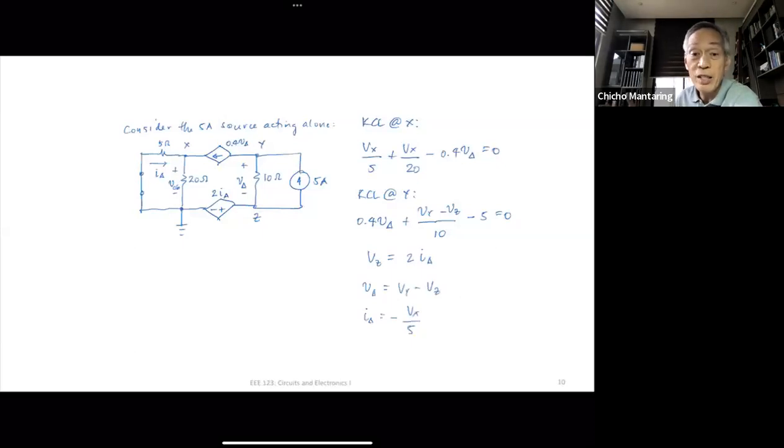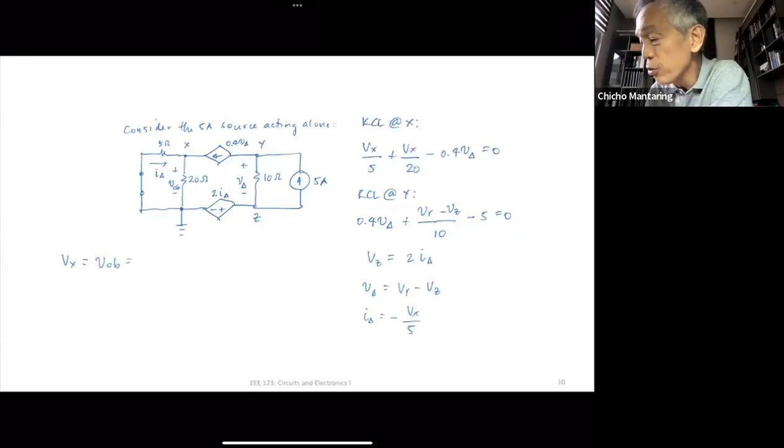So I have 5 equations in 5 unknowns. Actually, if I substitute all of this into these equations, you really end up with just 2 equations in 2 unknowns. So it doesn't become that much of a problem to solve this. And if I solve for this, I'm not going to go through the solution anymore, but I'm going to get V of x, which is VOB, equal to